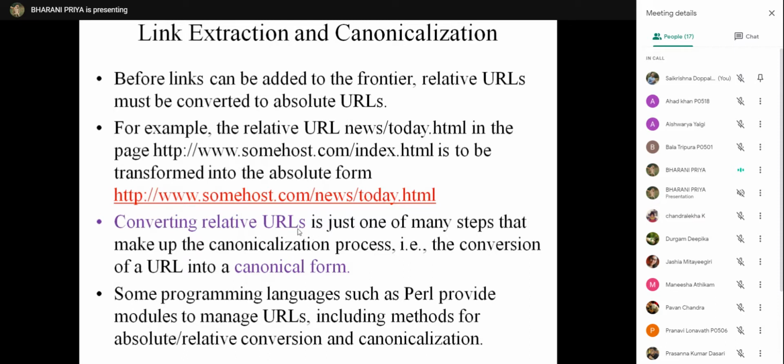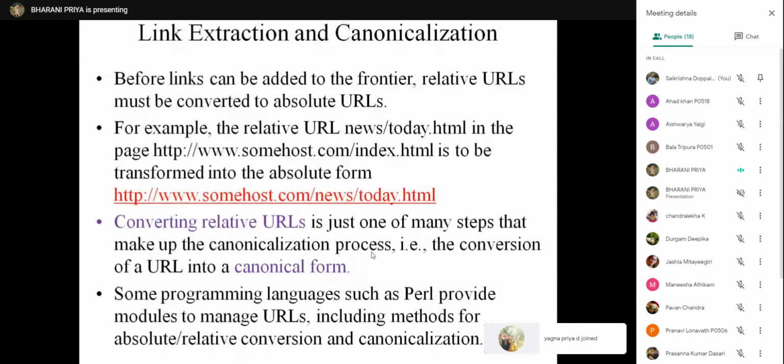And sometimes you need to add port numbers. If it is a web server, that is port 80, you need not add it. Other port numbers you have to add. So converting relative URLs is just one of many steps that make up the canonicalization process.